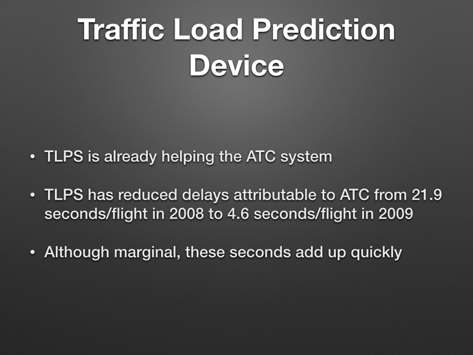Traffic Load Prediction System, TLPS. This one's already helping air traffic control systems. This has helped reduce delays attributable to air traffic control from 21.9 seconds per flight in 2008 to 4.6 seconds per flight in 2009. What this is doing is helping air traffic control, essentially what it says, predict the traffic